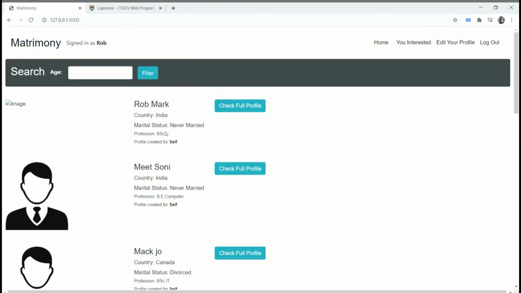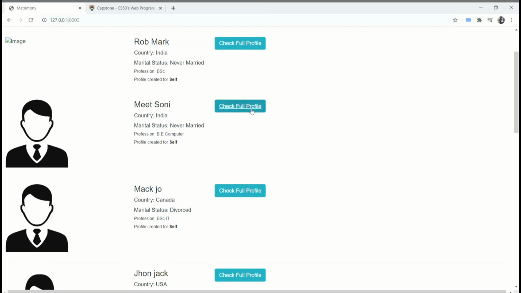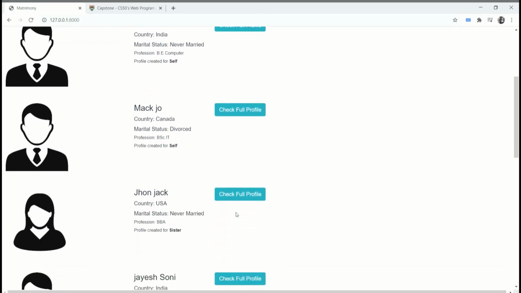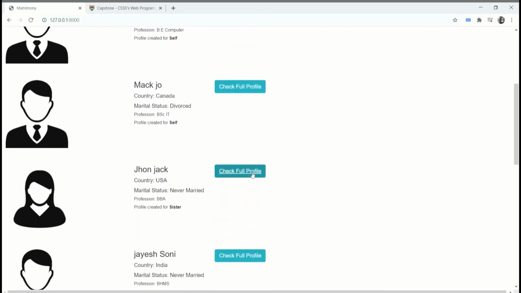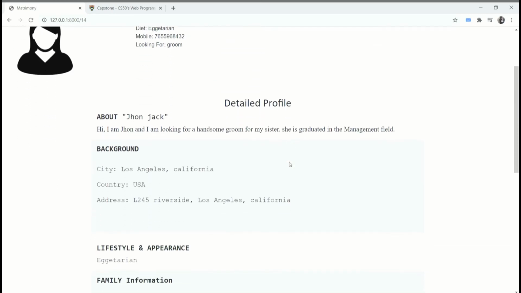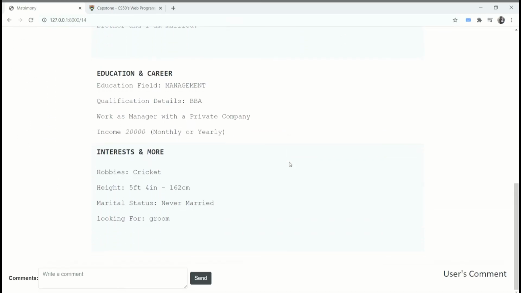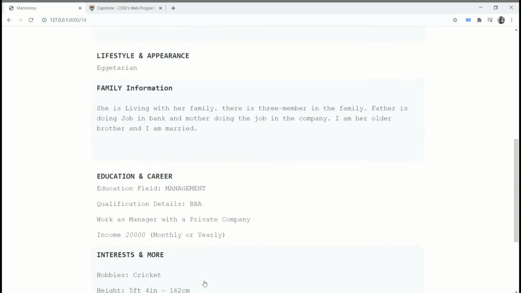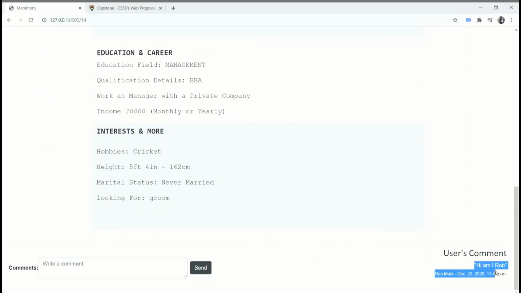So here I can also see, by clicking on check full profile, all the profile of the user, and I can also write some comment if the user wants to comment. So here my comment is posted,